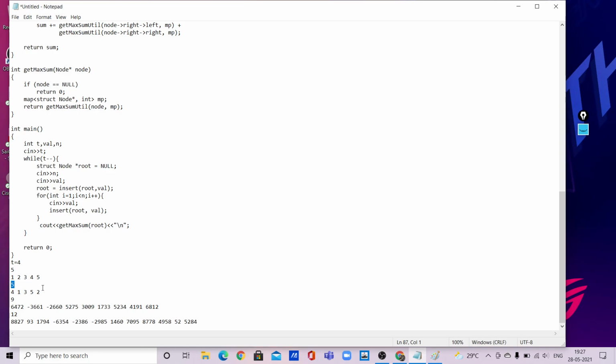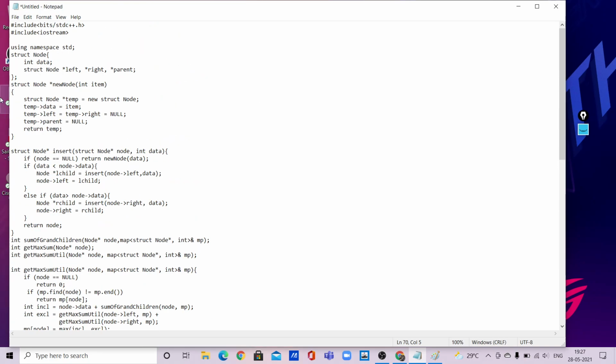In the second test case, the number of array elements is 5, and here we have 4, 1, 3, 5, 2 as the array elements, and the array size is 9, and so on. Test cases will be given. So first we will take the inputs of the array. We'll take cin for test cases, and we will loop for t.